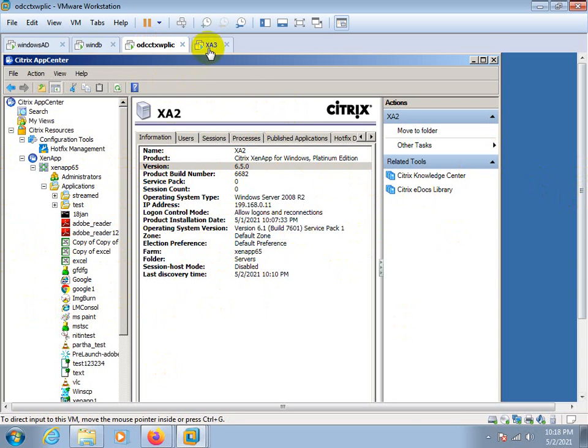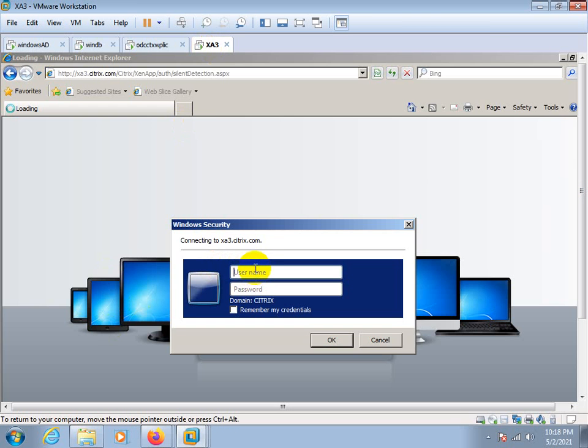This is your backend, and this is your front end. Citrix slash, login and password.